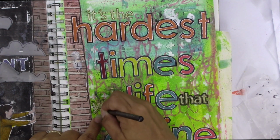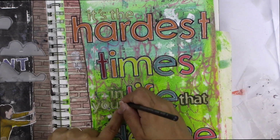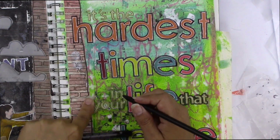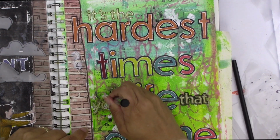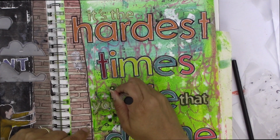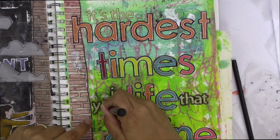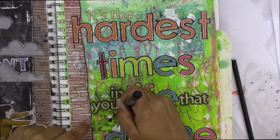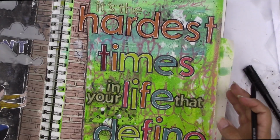it's not sticking all that well, but it sticks really well to the drier parts that don't have so many layers, especially if there's no matte medium. It'll stick quite well. It will stick to matte medium, but it just takes a little bit more work. So see how even without outlining, that just makes the letters kind of pop out a little bit more off of the page? And once you do the dark outlining, it really emphasizes those